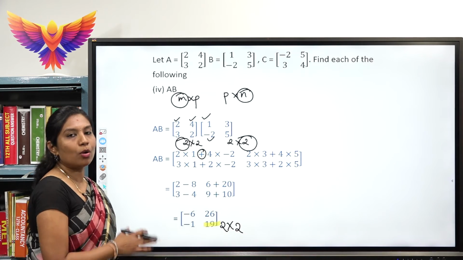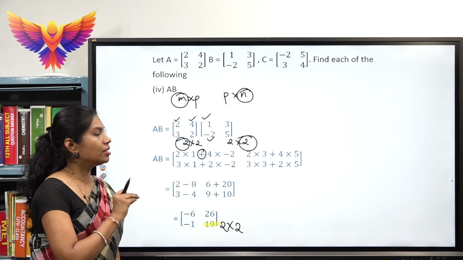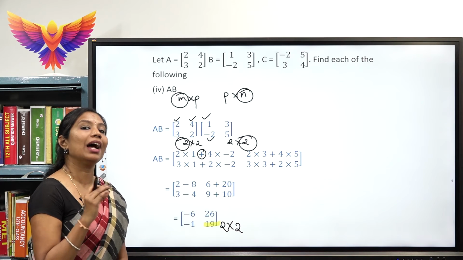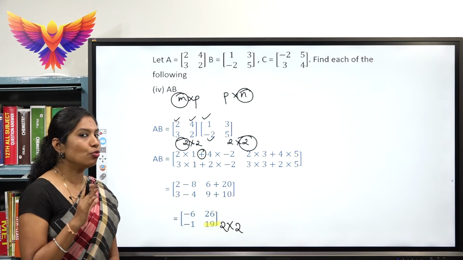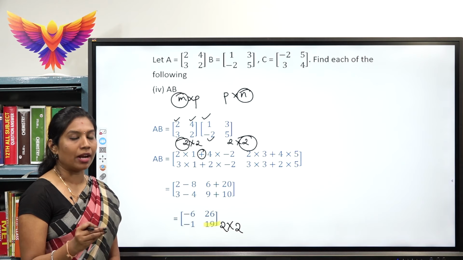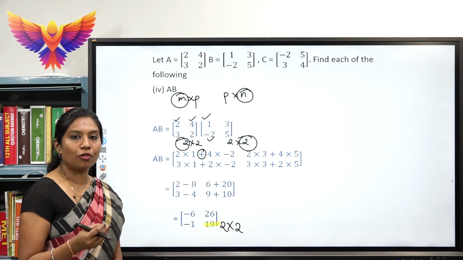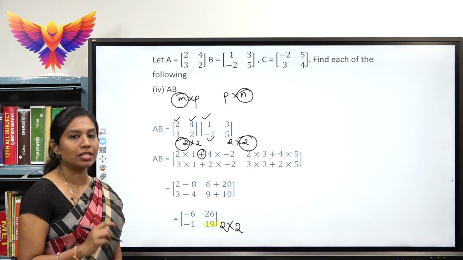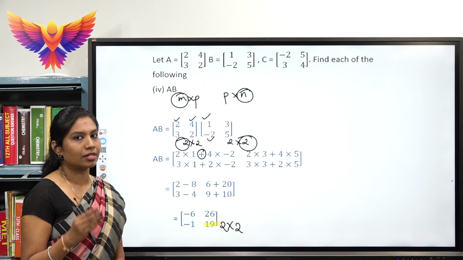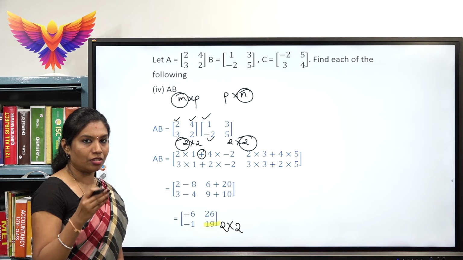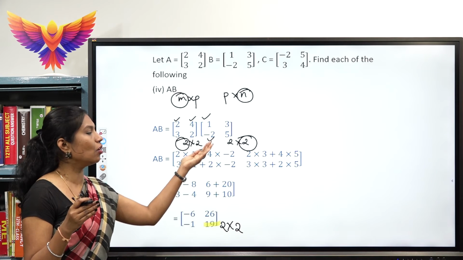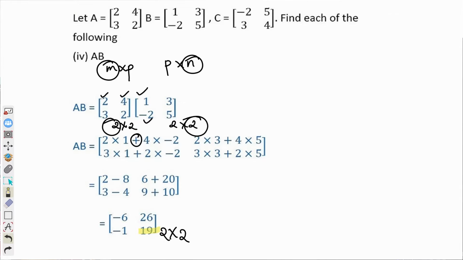So, this is all about the multiplication of a matrix. It is slightly different from how we add or subtract a matrix. The main thing to concentrate on here is to check whether the number of columns of the first matrix is the same as the number of rows of the second matrix. Then multiply the elements of the first row with the first column, first row with the second column, depending on how many columns you have. Then again go with the second row, first column, second row, second column.